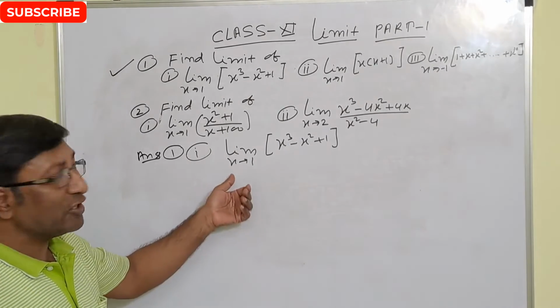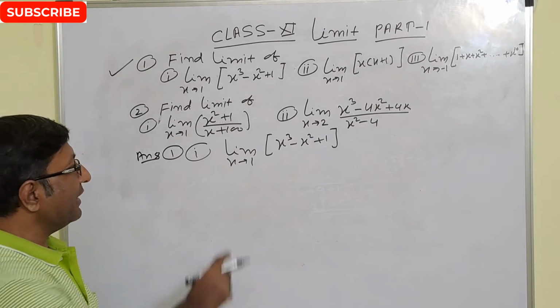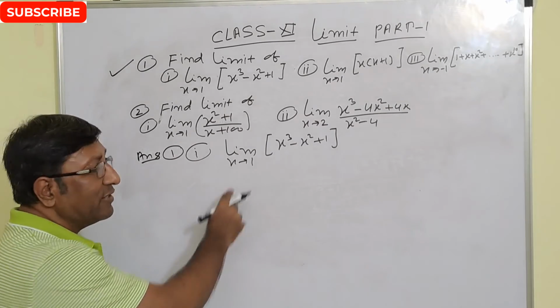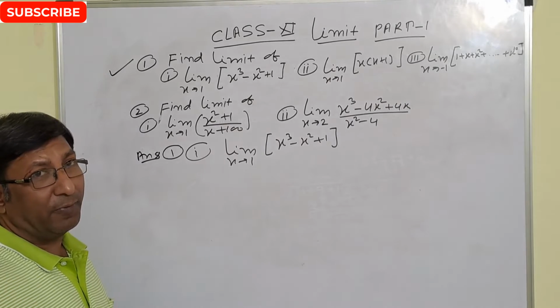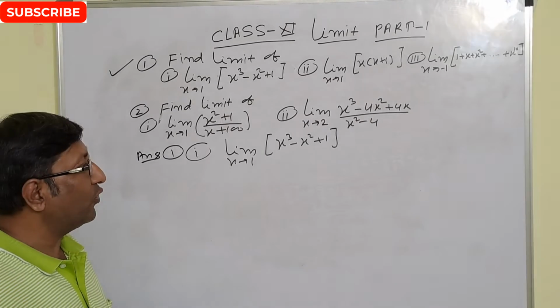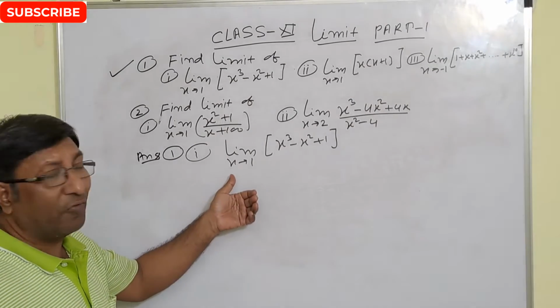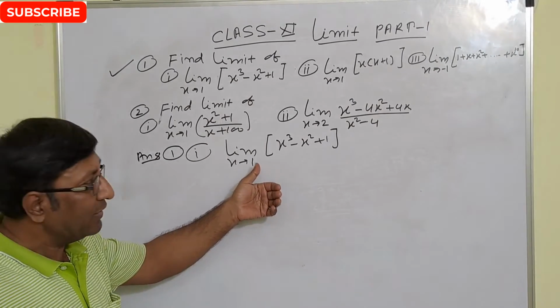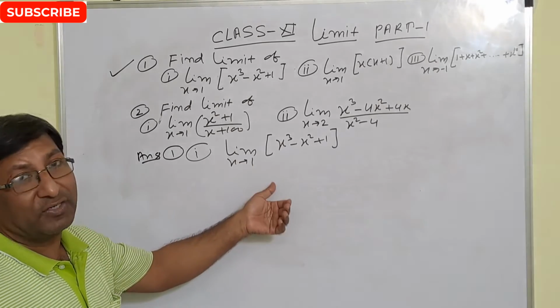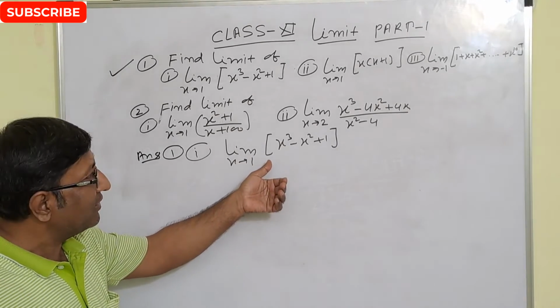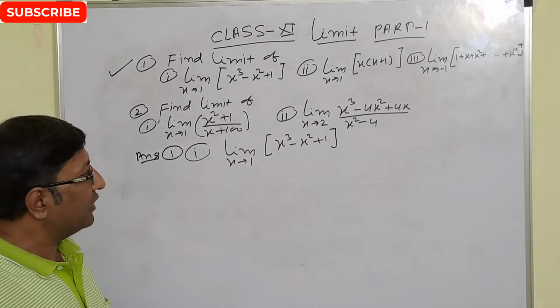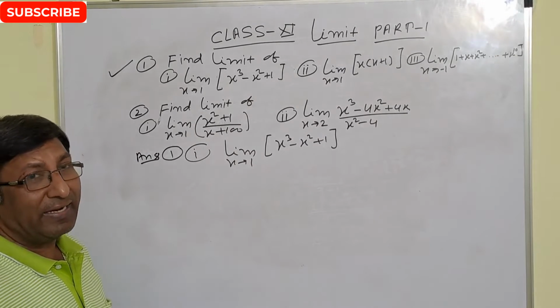So what is the actual meaning of limit? That is x tends to 1. So x is very near to 1 but not exactly equal to 1. But when we solve the question, we put the value of x equal to 1 and check if there is a 0 by 0 form. Then, but here this is the polynomial equation. So just put x equal to 1 and get your answer.